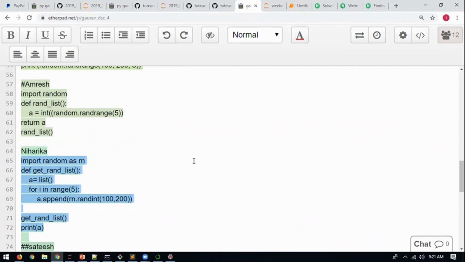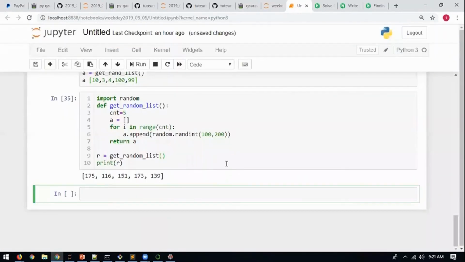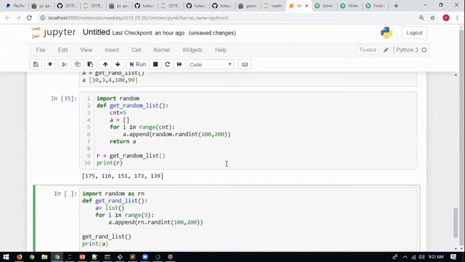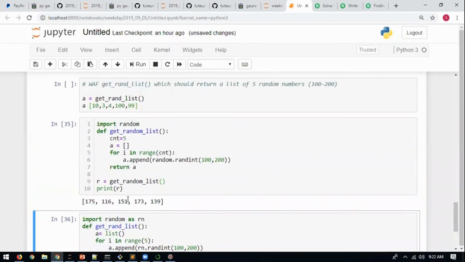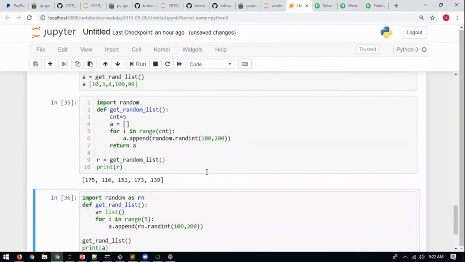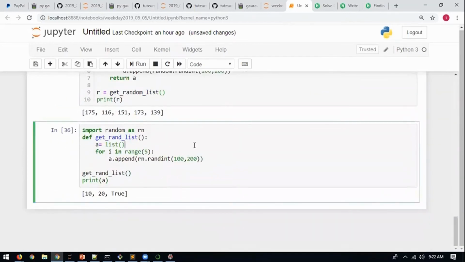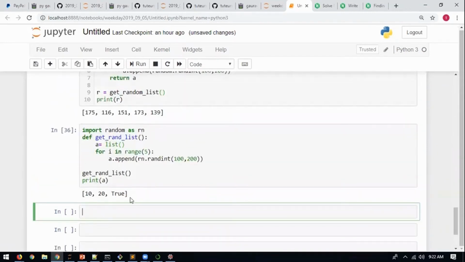How come? I doubt. Let me try. But is it giving you the correct result? It's working is fine, but does it give you what is expected? That's the question. It gives me 10, 20, True. Why? Because earlier in this Jupyter notebook, I had created a list by the name A, which contained 10, 20, and True. Leave your system, see carefully now. There is something called scopes, and then you will get to know why this gives me this result.